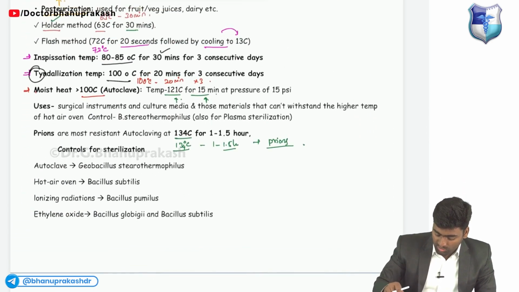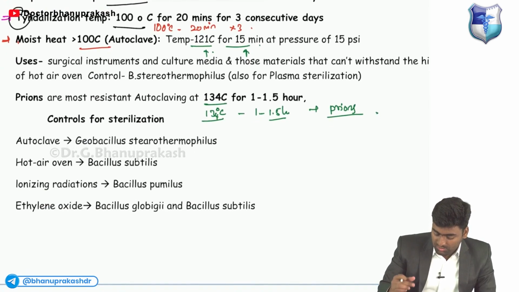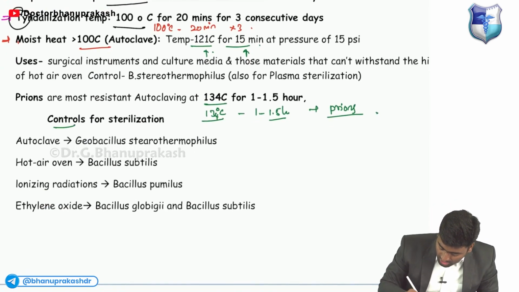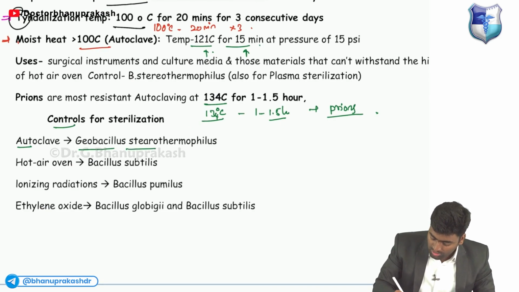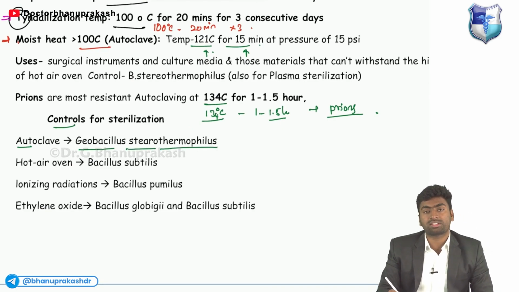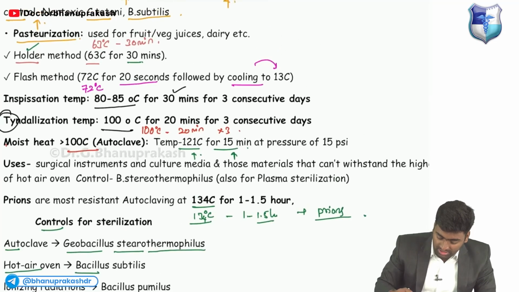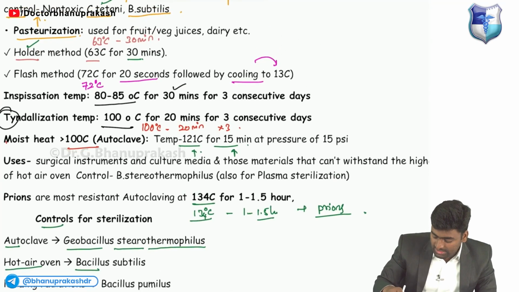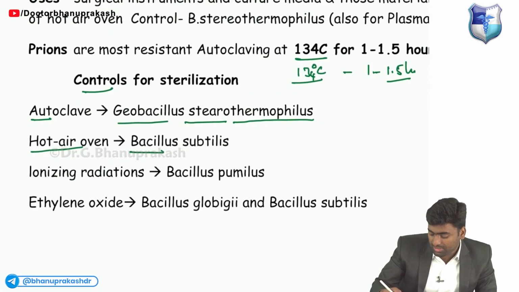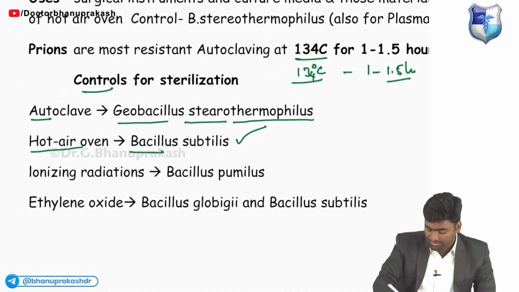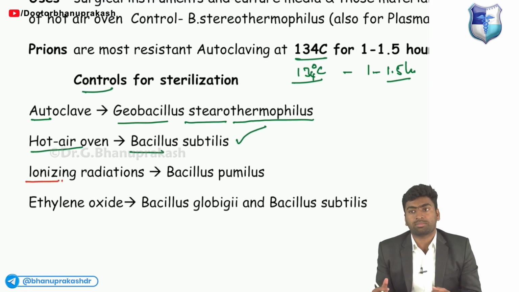Then we use some controls, like I told you, right? We need to check them. So for example, for the autoclave, we'll use this Bacillus. For the hot air oven, we will use Clostridium tetani and Bacillus subtilis. Then after that, for ionizing radiation, so there will be few things, like for example if you see the